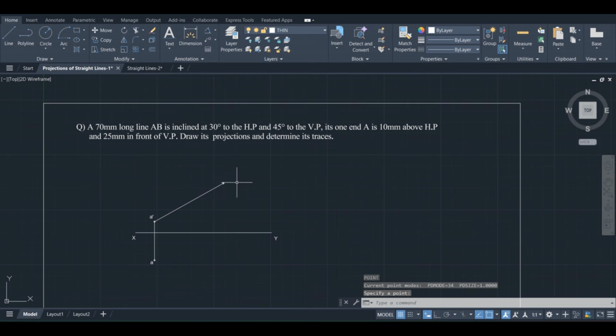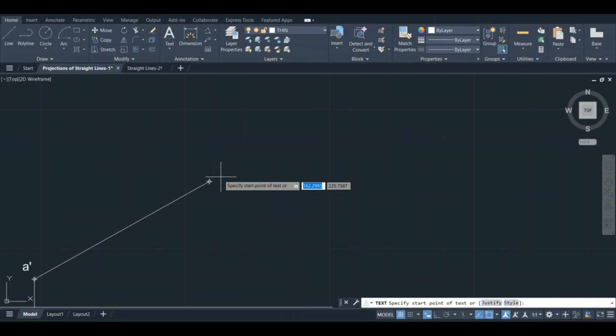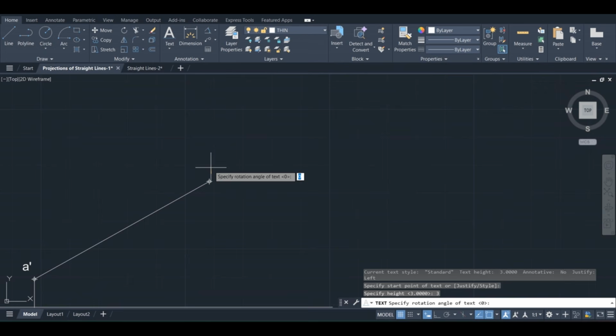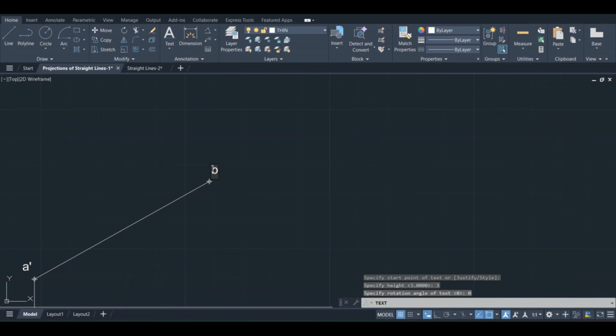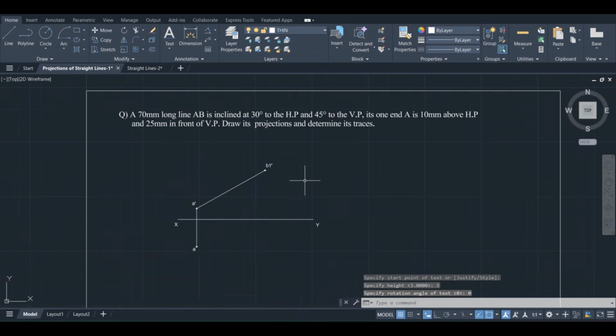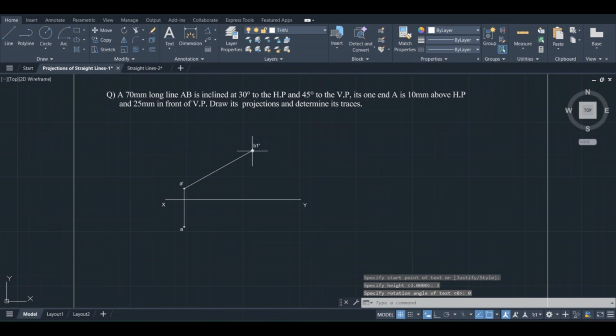Now this line is the intermediate position of the line AB in front view. The other end of the line comes as B1 dash, as it is the intermediate position. Give the point name as B1 dash. Okay, now draw its top view.